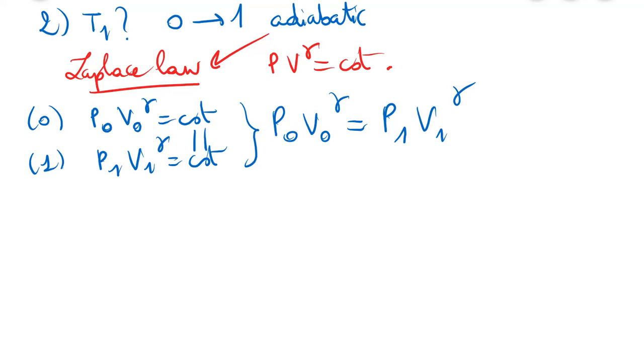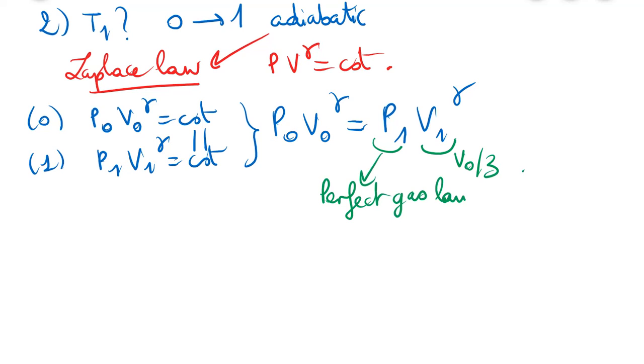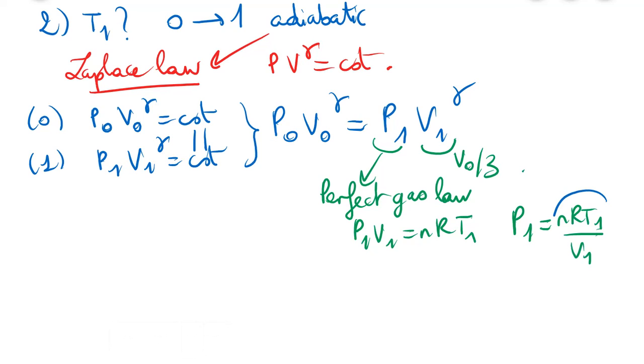We are going to replace V1 by what we wrote in the beginning, if you remember. We said that V1 is V0 over 3. Also, something else that we will replace is the P1. So how are we going to replace P1? We are going to use the perfect gas law. So I just apply that, express the P1, and then I replace that expression inside of my equation. So once I'm doing all the replacements, I will have,